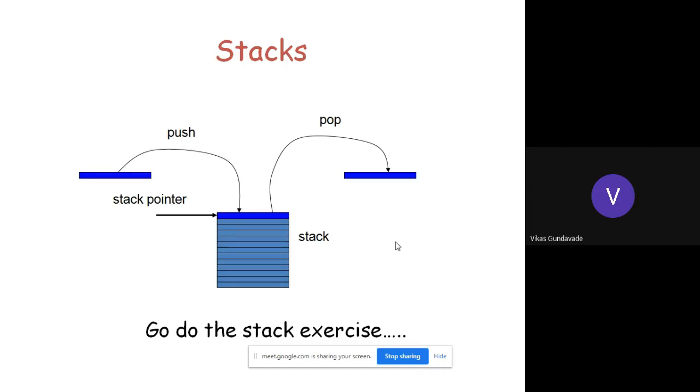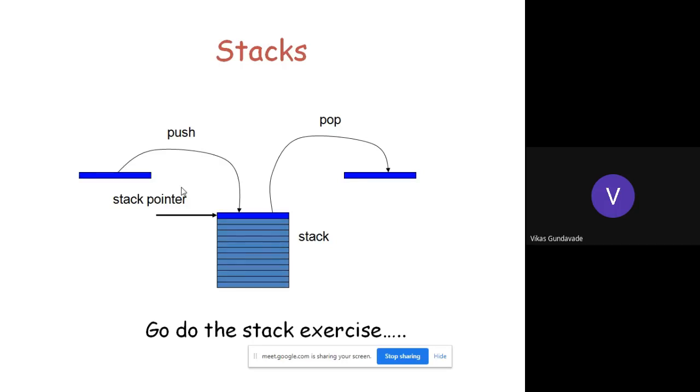Now, to store the data on the stack, the instruction used is called the push instruction. Suppose the stack pointer is pointing to the stack top, and the push instruction is executed.